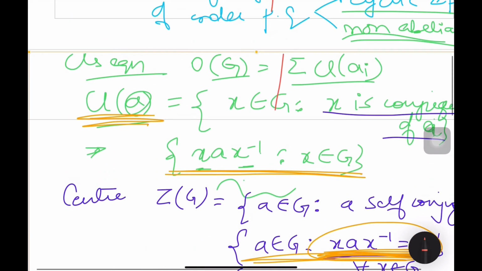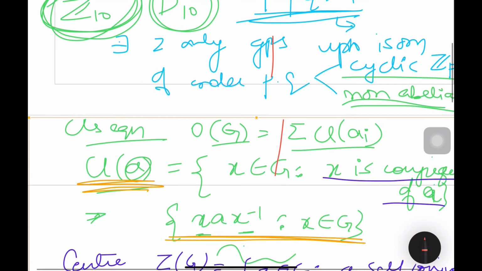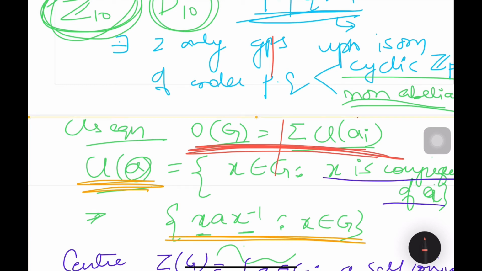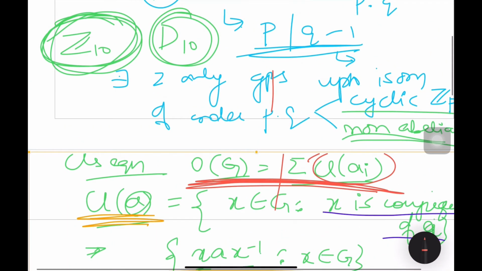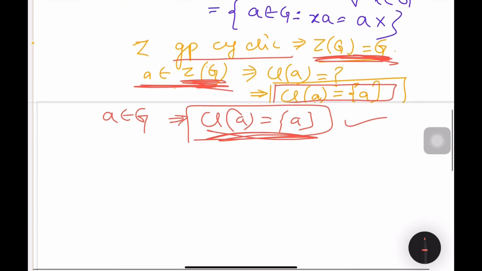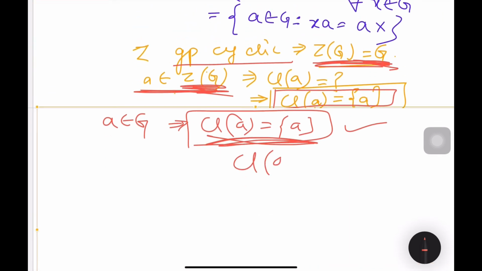Now, what was my class equation? If we move back, the class equation was, we were taking the collection of all the classes. Now if every element's class has only a singleton element, then, oh sorry, there is one mistake in this. We have to take the order. This is the order, don't get confused. Now, not order, I'm sorry, it should be the cardinality of the class of a_i. Now the cardinality of the class of a_i is 1 for all a belonging to G.